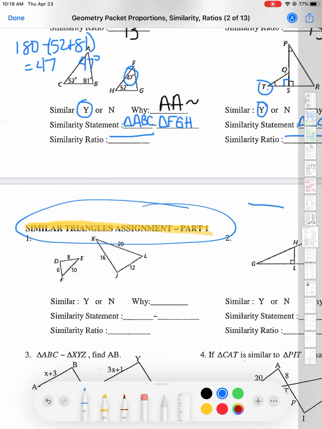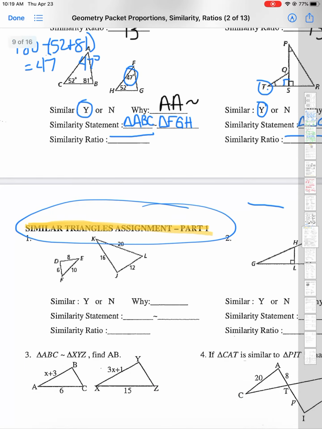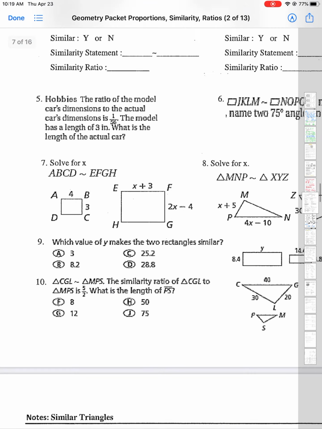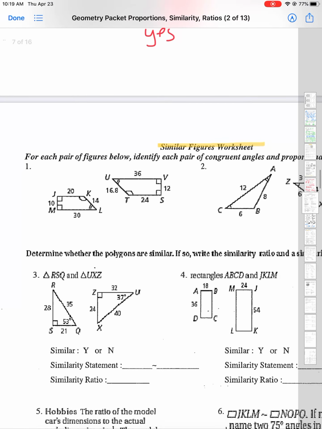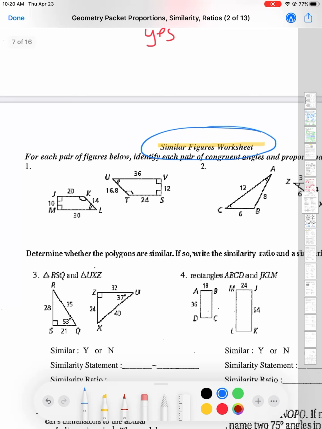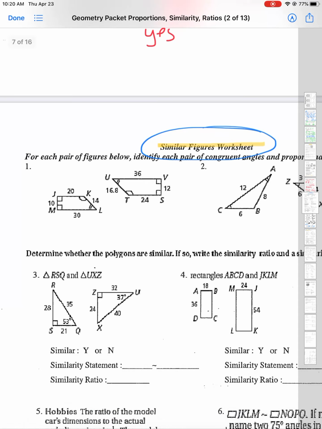Okay? So that's it for the notes. So you should be doing this worksheet and this worksheet for your assignment, which is due on